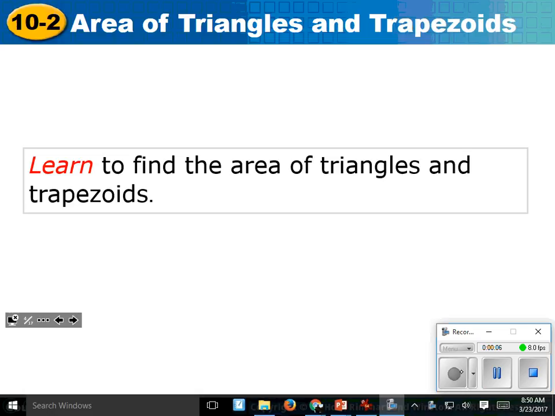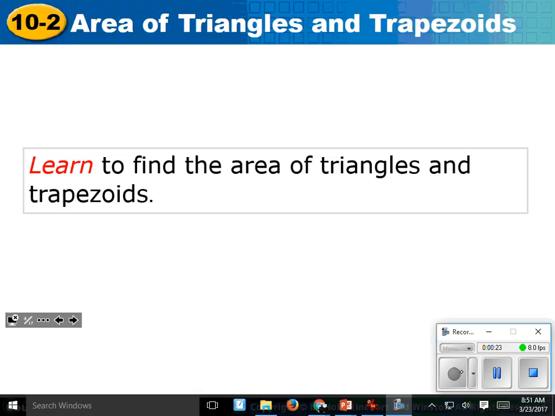Area of triangles and trapezoids. Okay, obviously, clearly we're working on area. And what I'm going to tell you is, if I were you, I would write all of these formulas down, because yesterday you had to do area of a